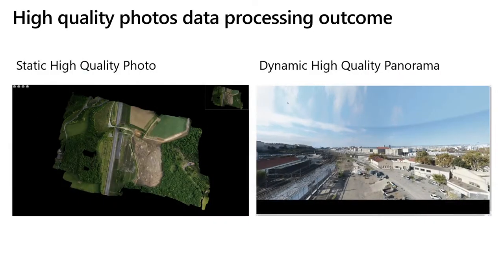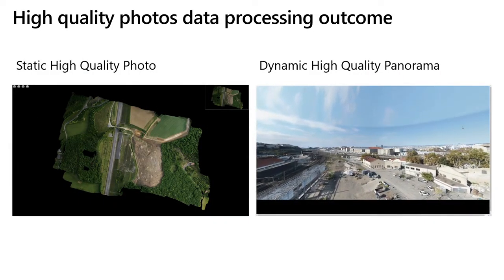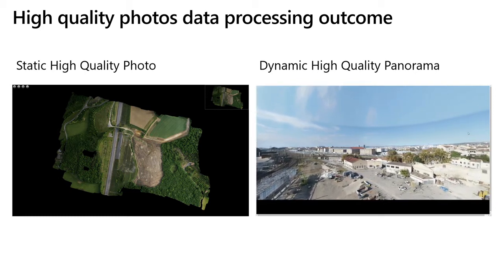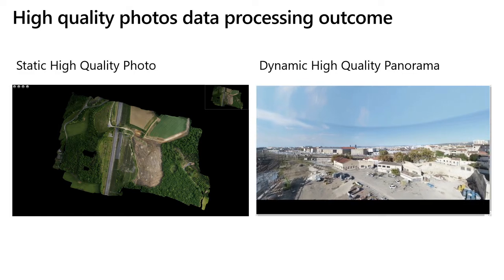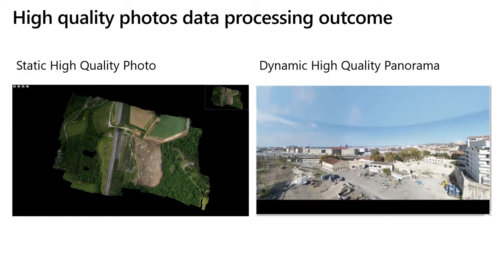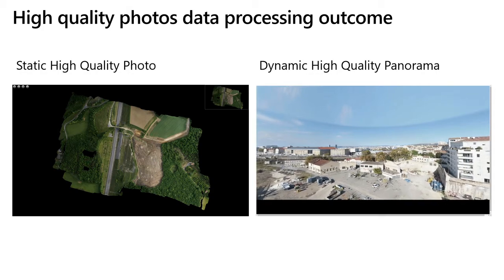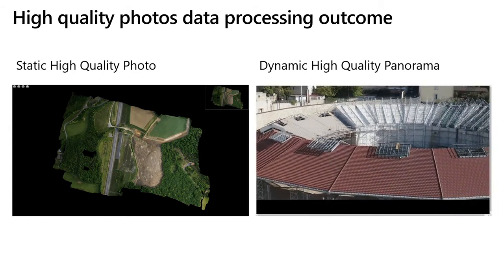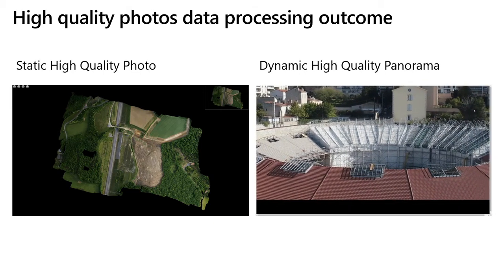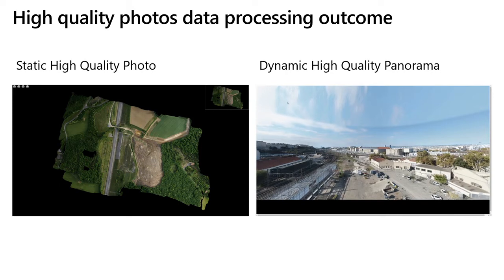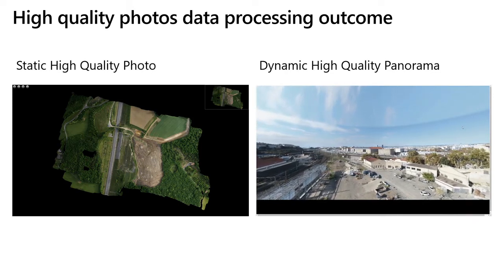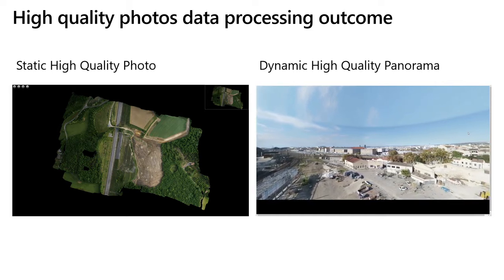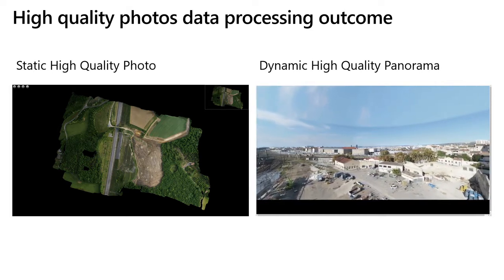We have 2 more special types of data, and these are high quality photos. When we talk about high quality photos, just imagine you have a photograph of about 100 megapixels, and you cannot open it locally on your PC because it will load into your memory, and afterwards you have a lot of problems understanding and seeing how it looks, etc., when you need to analyze a point. Here I prepared 2 demos. We are making static high quality photography, and we are making dynamic high quality panoramas.